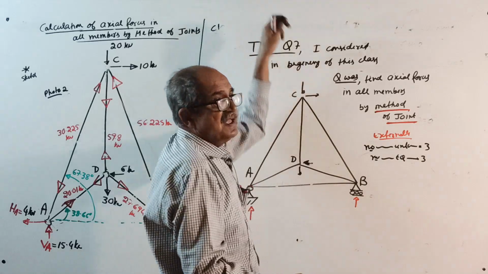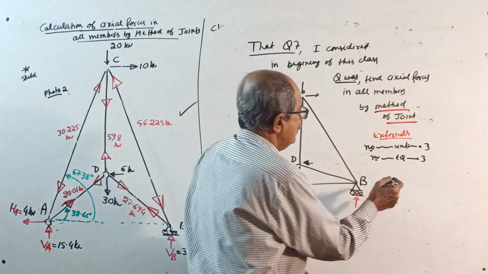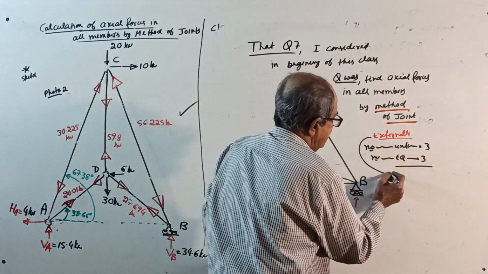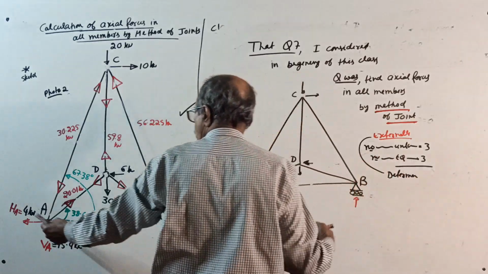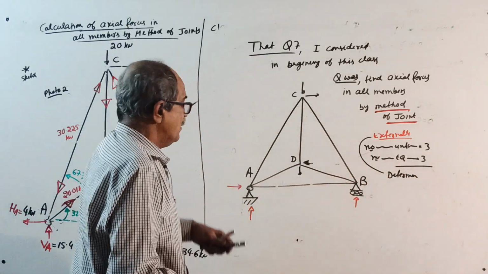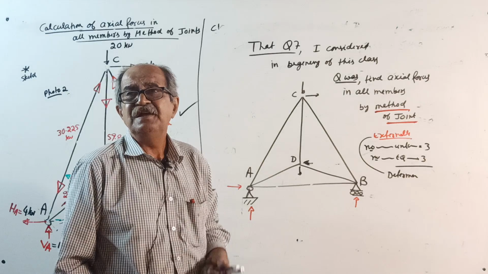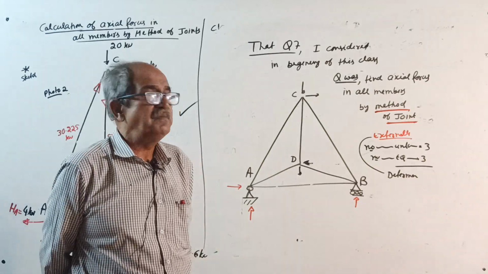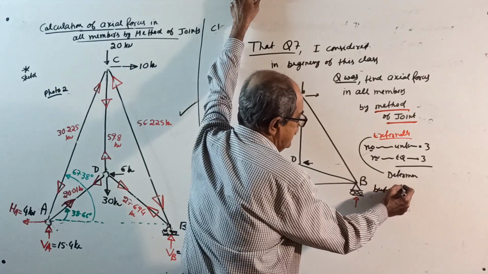Why 3? External reaction calculation, sigma m, sigma v, sigma h. Therefore, externally, it is determinate. That's how you found the, see, why determinate? Because if you can find the support reactions, it means externally determinate. But internally,